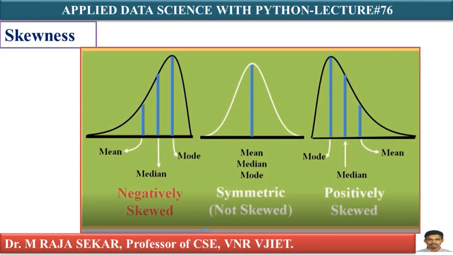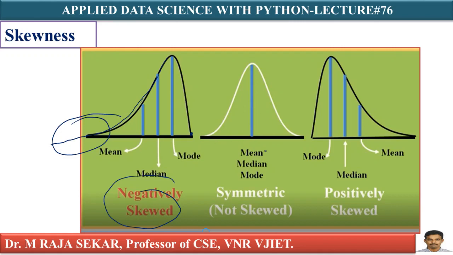If I keep all of them in one slide, I am just summarizing this. Just see, this is negatively skewed. As I told you, in the case of negatively skewed data, the tail will be on the left hand side. If you carefully observe, here you have an upper band, but in the case of negatively skewed data, there is no lower band. It goes on. Anyway, I will explain with the help of one real time example at the end of this lecture.